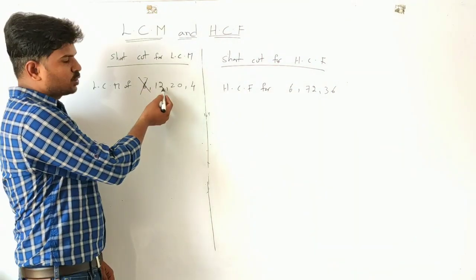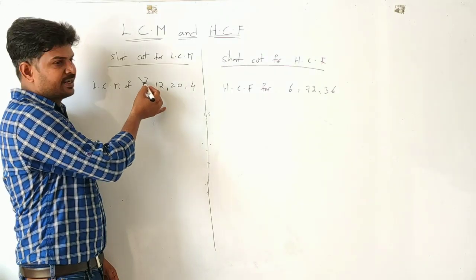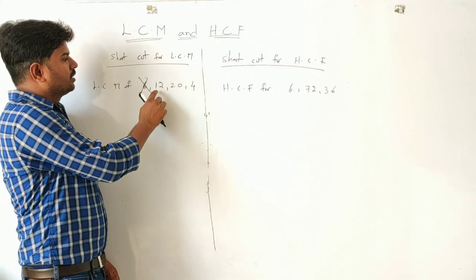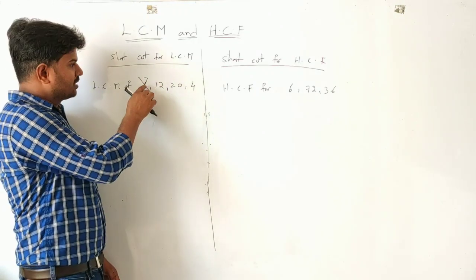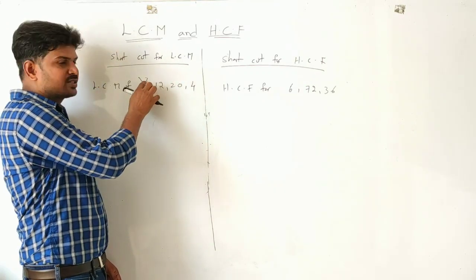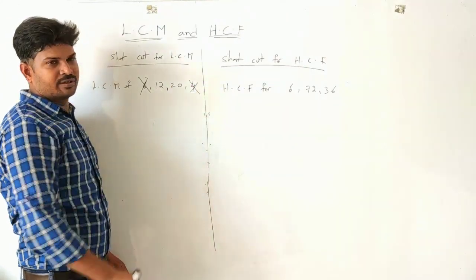So here 6 and 12. Okay, so already 12 is available here, so I guess there is no need of writing 6 here. You cannot take vice versa, right? 12 can be written as 6 into 2. That's why I can remove 6 here, because 6 is included in 12. 2 is not included here, so we are not removing that. Similarly, 4 5s are 20, so remove 4 here.